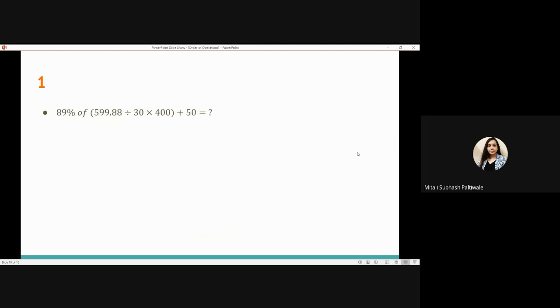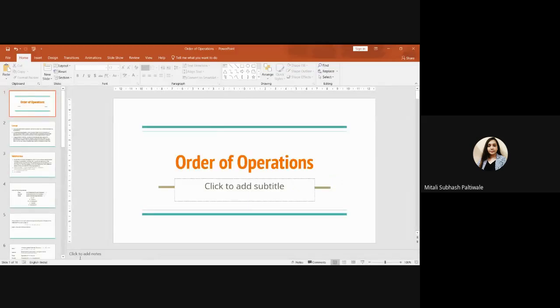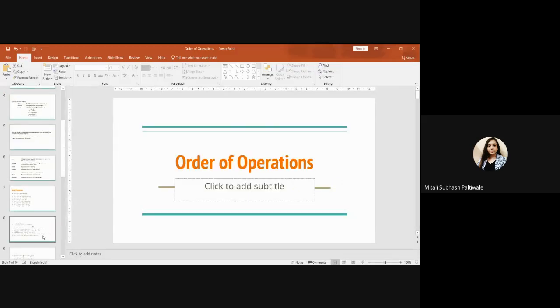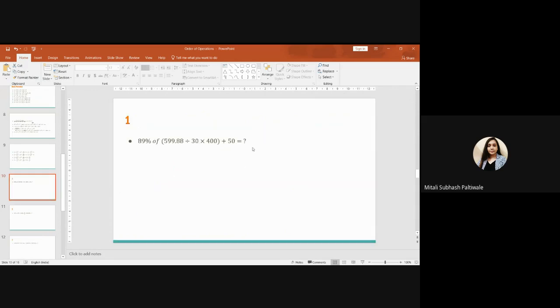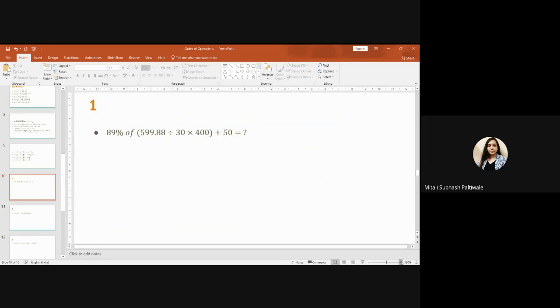Now let us get on to the examples. This is the very first example coming in our way. Here we will be using simplification and approximation both. So let us not wait any more and start. Okay, look at this one. I'll be zooming this out so that you people can see it in a better manner.